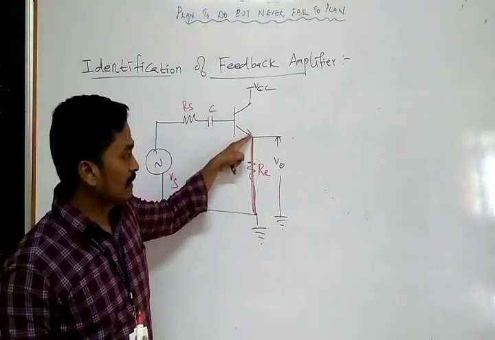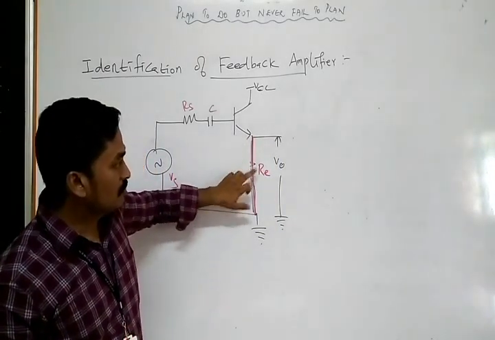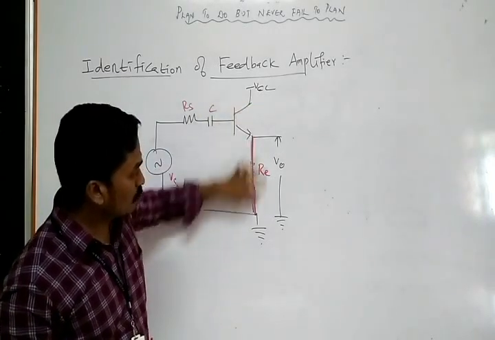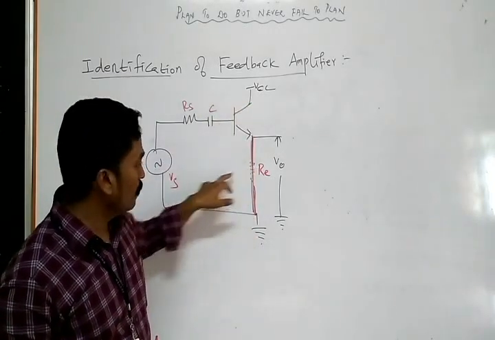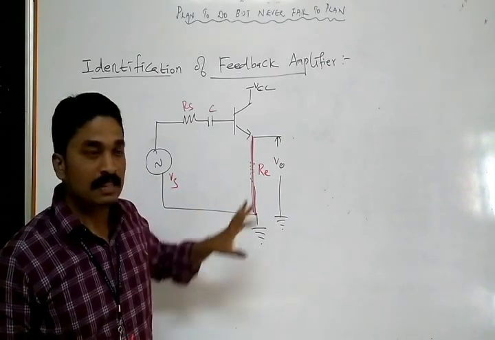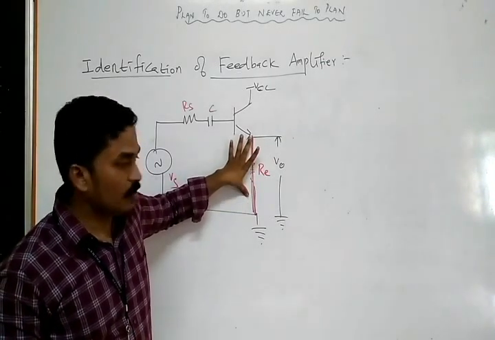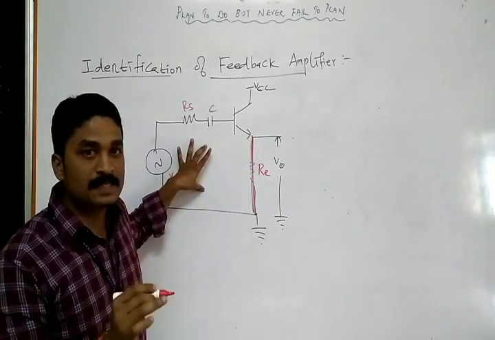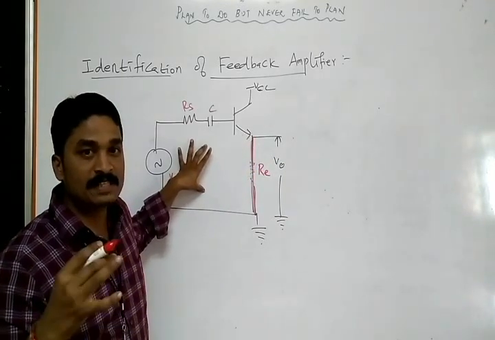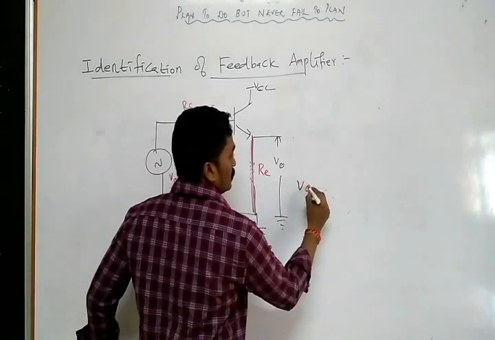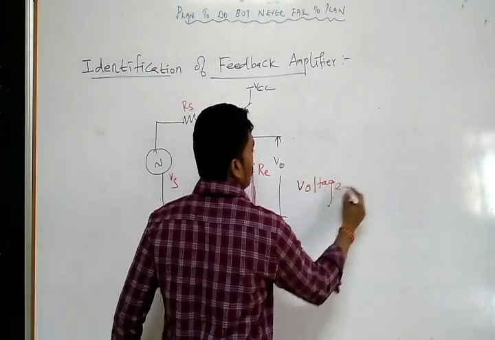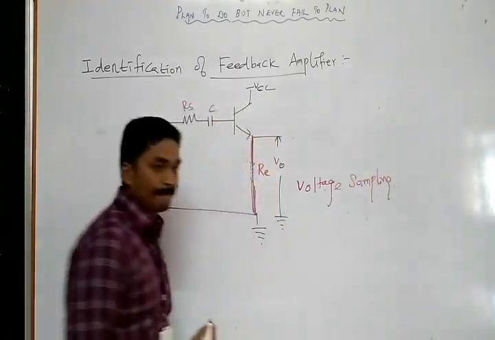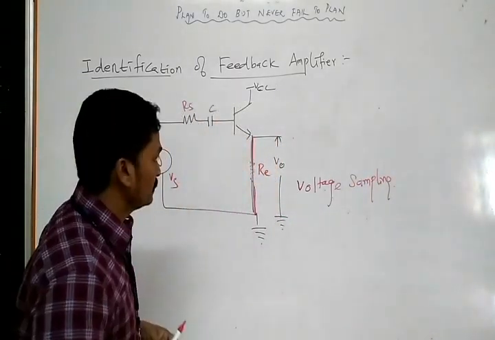After shorting, this acts as a normal short circuit. So through the short circuit, all the current goes to the ground, so there will be no feedback to the input side. Which means after shorting the output terminal, we will not get any feedback to the input side. This is actually called voltage sampling. So this is voltage sampling.